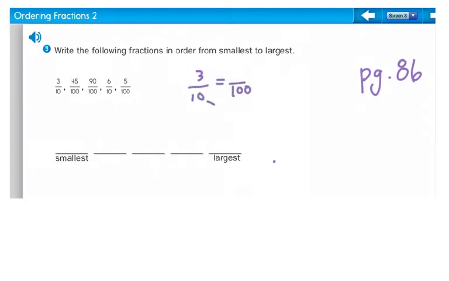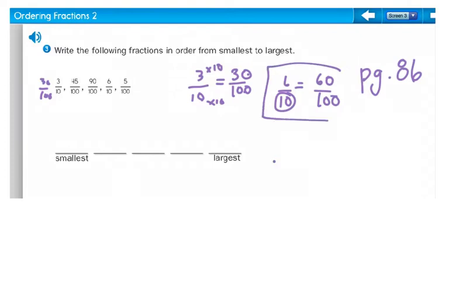I could change that to hundredths. Whatever I do to the bottom, I do the top. Think of this as 30 hundredths. 3 dimes is the same as 30 pennies. Think of 6 tenths as 6 dimes, which is the same thing as 60 pennies. So keep that in mind, that these would be equivalent fractions that will help us place those on the number